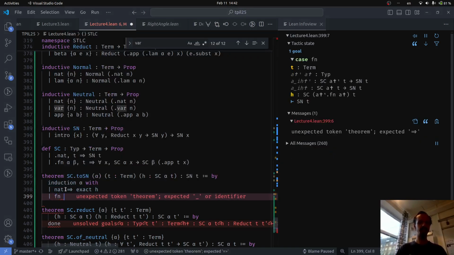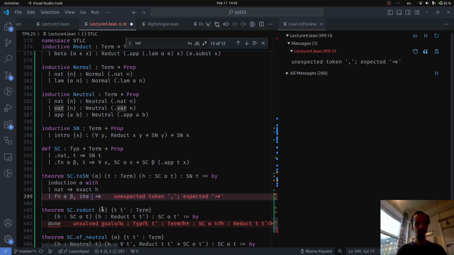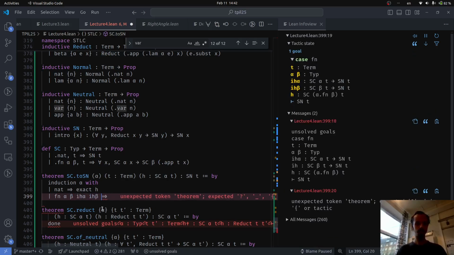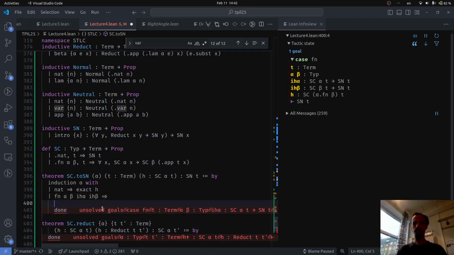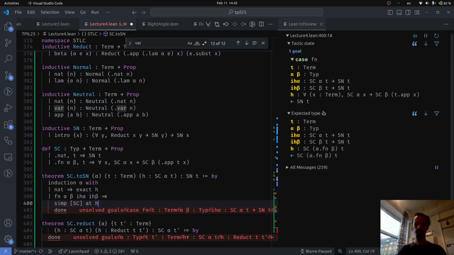The first case is easy because that's literally by definition. The next case, okay, so here we have,